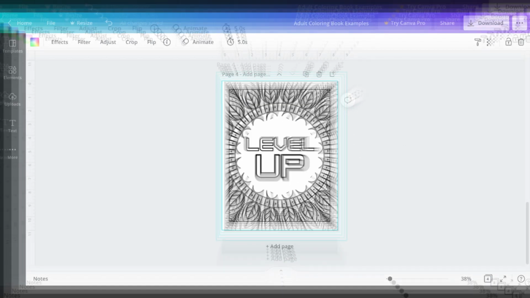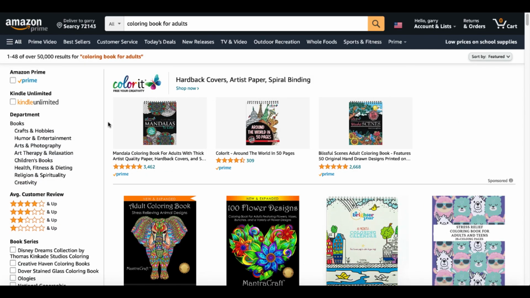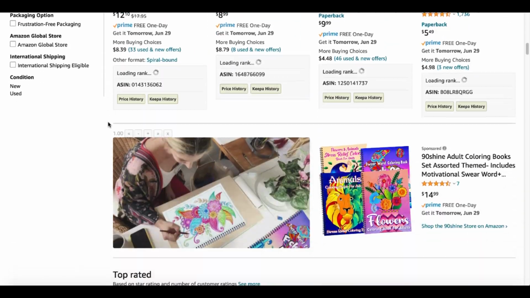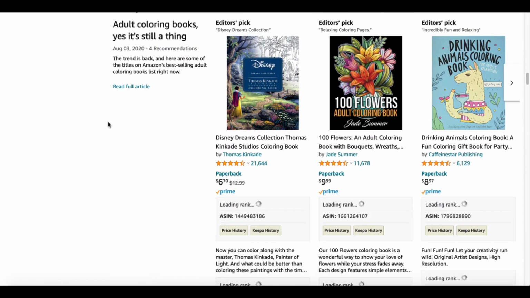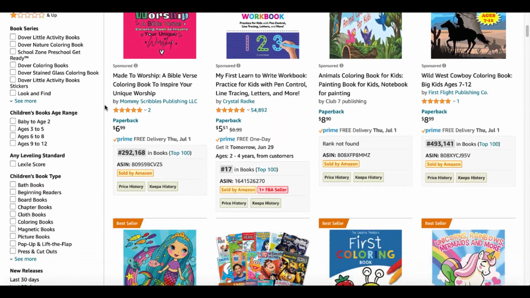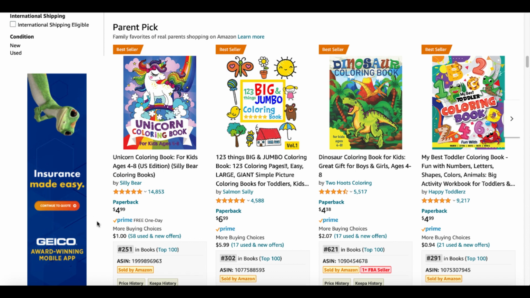These are all elements that I got, again, from Creative Fabrica that you can see here that I download these images, upload them to Canva, and it all starts with research and simply typing into Amazon, coloring books for adults, scrolling through here, finding inspiration, going through the research phase, not skipping any of the steps, understanding the types of books that are selling, why they're selling, and how you can create them yourself, understanding the difference between a coloring book for kids and a coloring book for adults, how to get specific, how to go in, find an idea, go over to Creative Fabrica, finding out if you can create something as unique and as quality as what you see here across this parent pick bestsellers, thinking about the interiors, thinking about what's going to be in the interior,